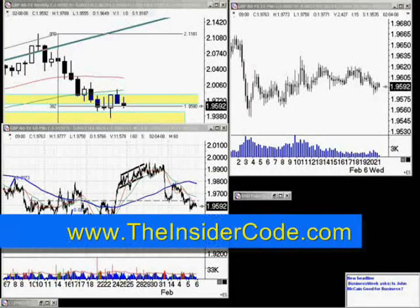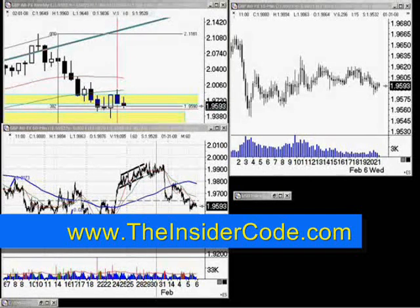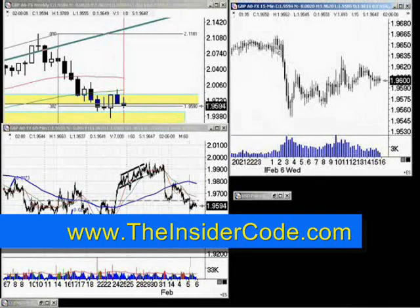Alright, everyone. It is just after 9 o'clock on Wednesday, 9 o'clock Eastern Time. Last night's trade went very well. Let's go ahead and zoom in here. You can see the market in the early morning hours was pretty high,